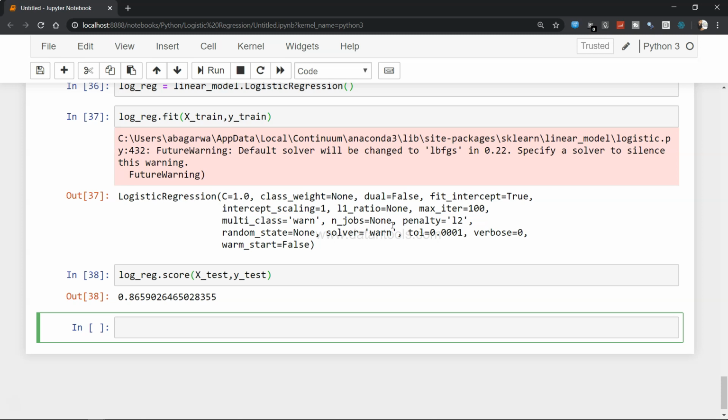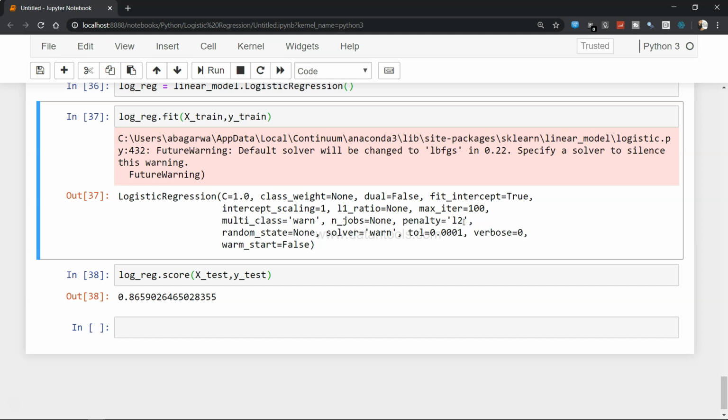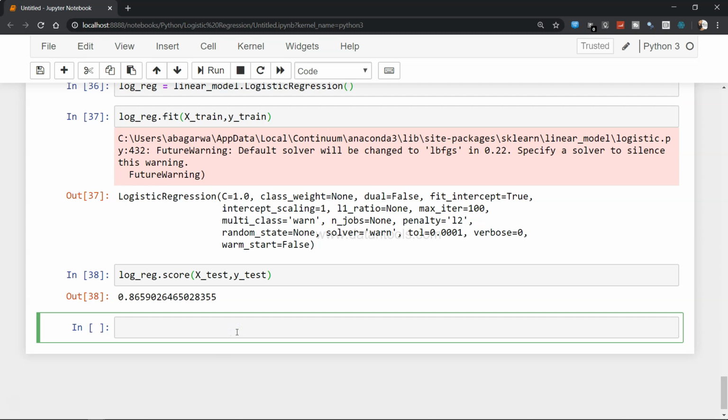If you are lucky, you can get it, because this shows that something is presentable for our management and we can interpret the values and give the presentation. But generally you will have somewhere around 50 to 60% as an accuracy, and you need to further improve it by tuning the different parameters. So one of the parameters, if you see it over here, is basically the penalty. So right now penalty is L2. There are 2 different penalty parameters, which is L1 penalty and L2 penalty. So what I'll do is I will just try with the penalty, which is L1.